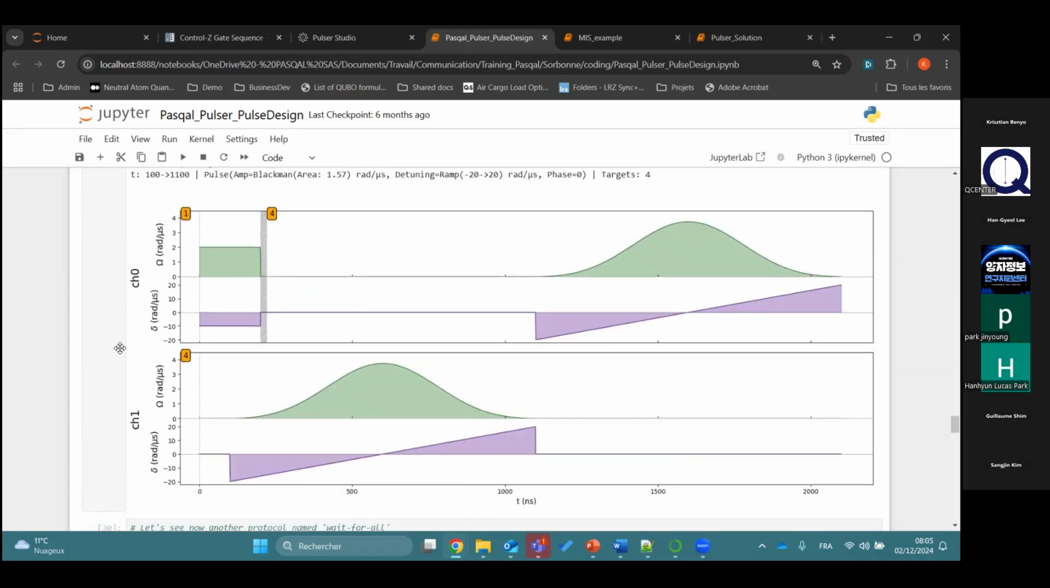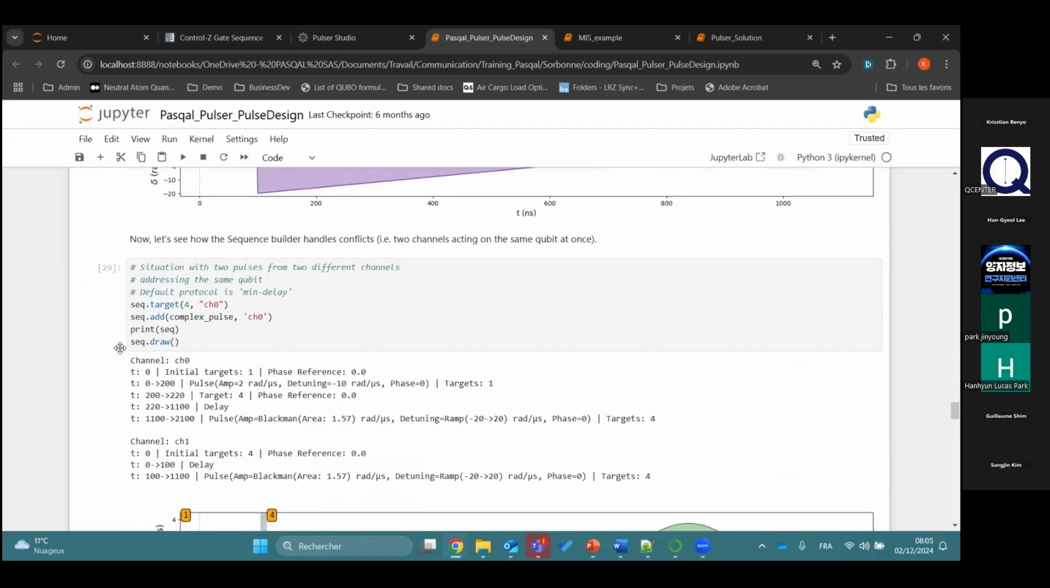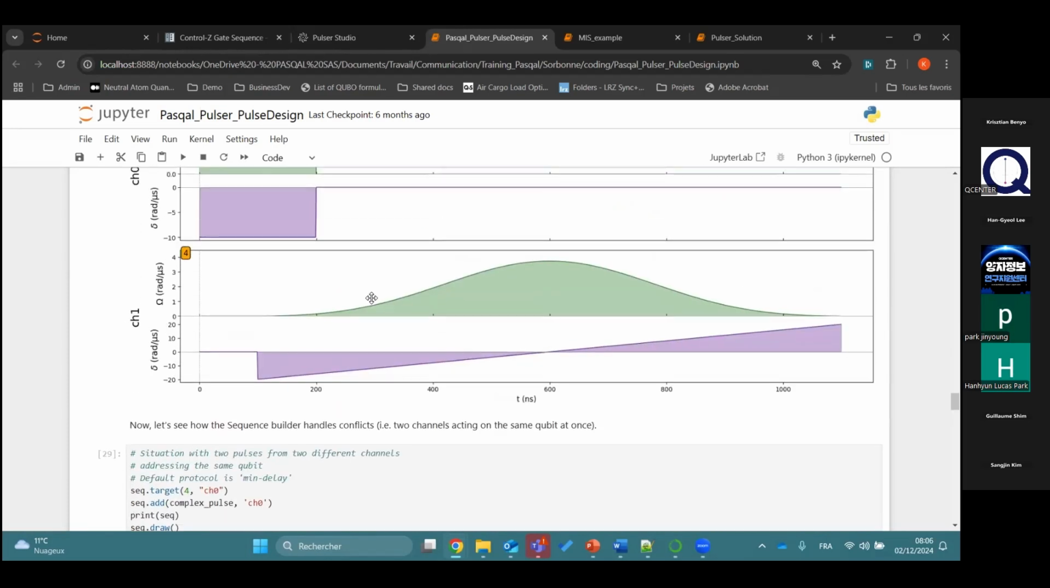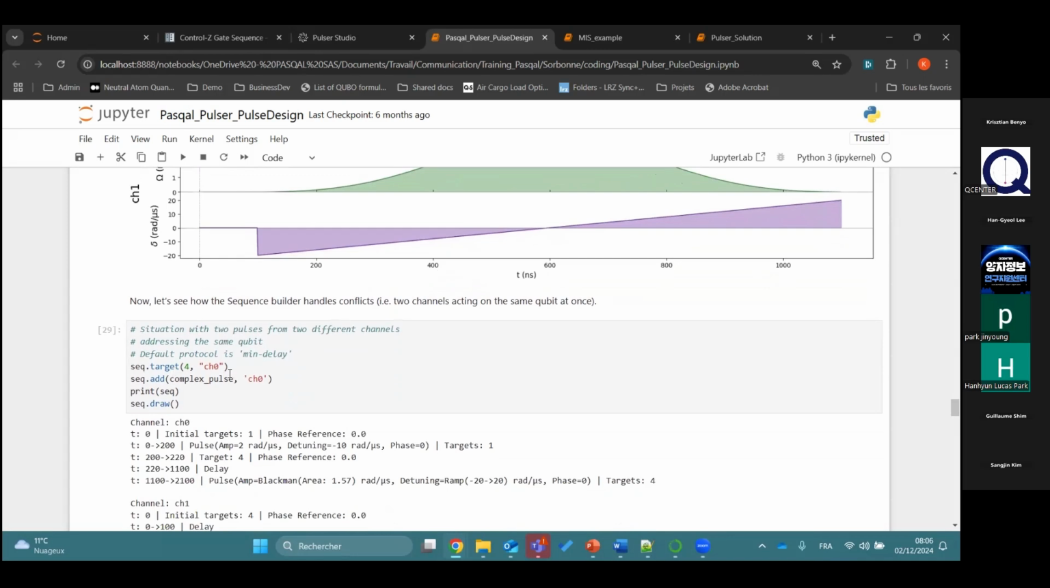Then what you can do as a follow-up is you can also reuse the already defined pulses. So for this complex pulse, having the truncated Gaussian as an amplitude and a linear detuning, say I have defined it as an object, so I can reuse it for the different channels. So here what I'm doing is I'm adding this pulse